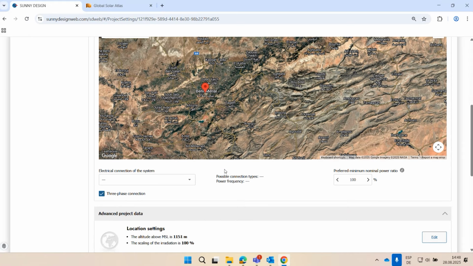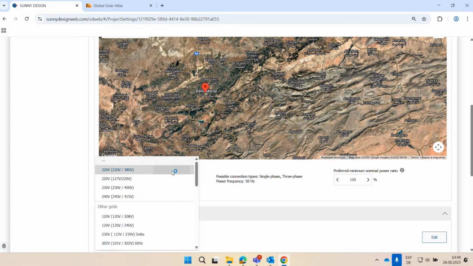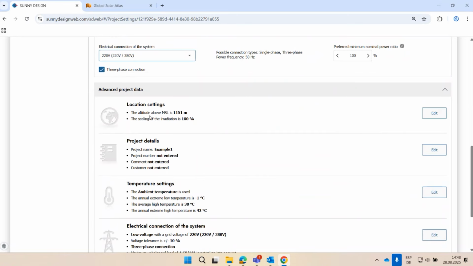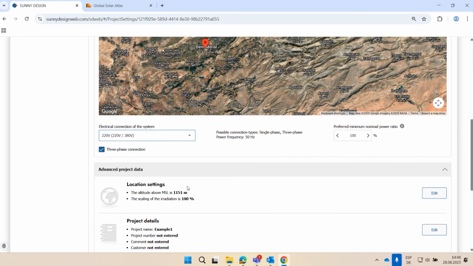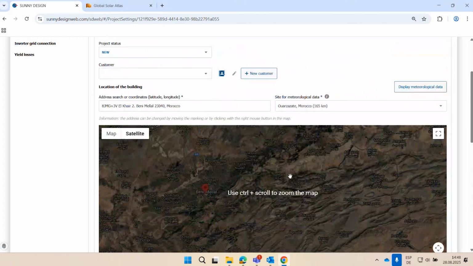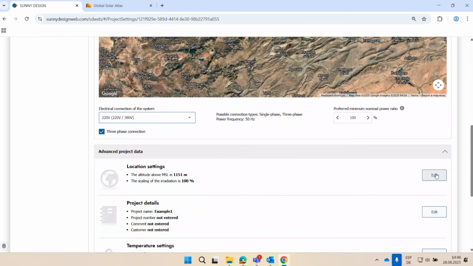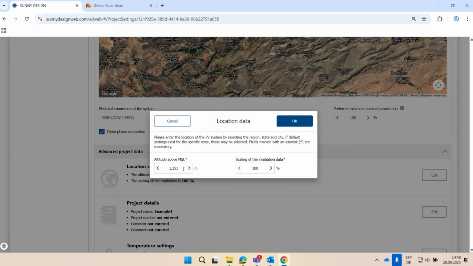The next step is to choose the electrical type of the system. In this case, it's 3-phase, and the location settings. In this case, I'm in the mountains, or this city is in a high place, so I can edit. For example, if I know that with the altitude I can have different temperatures.